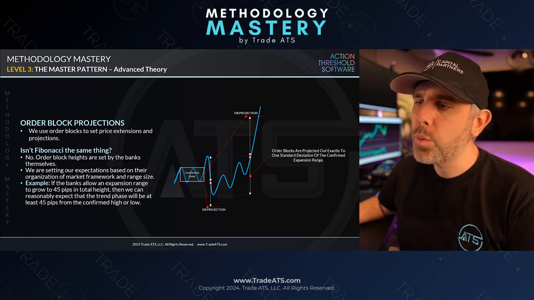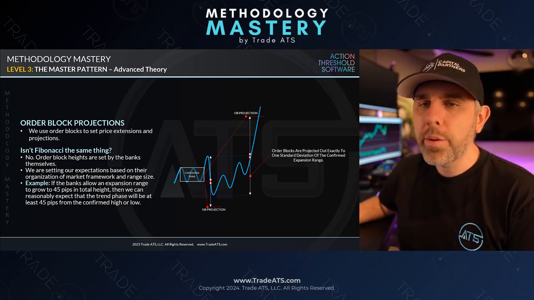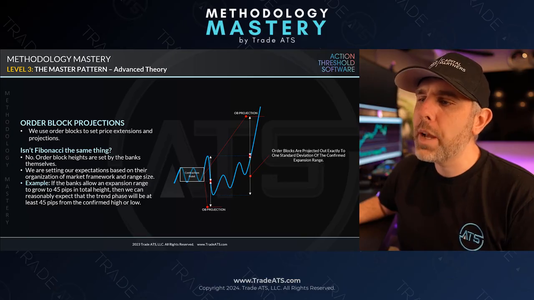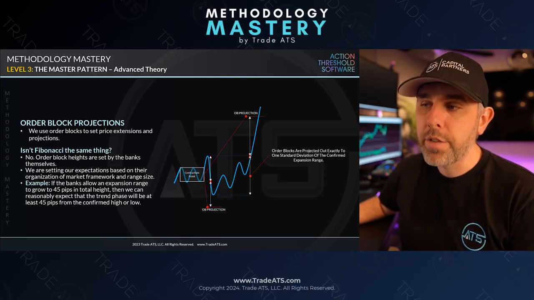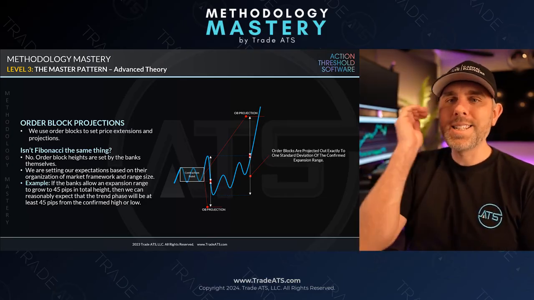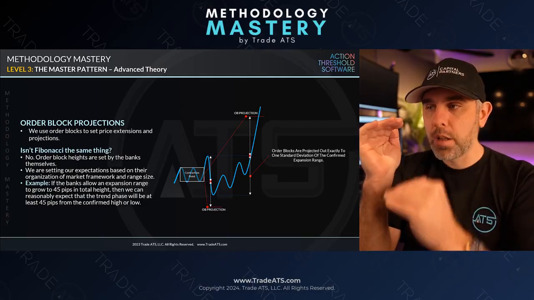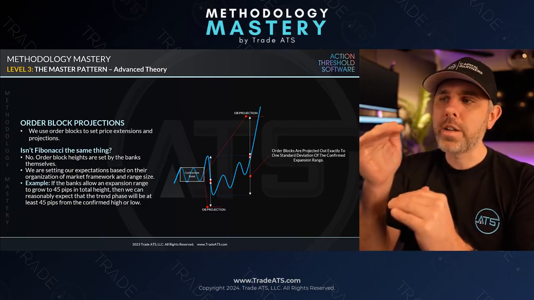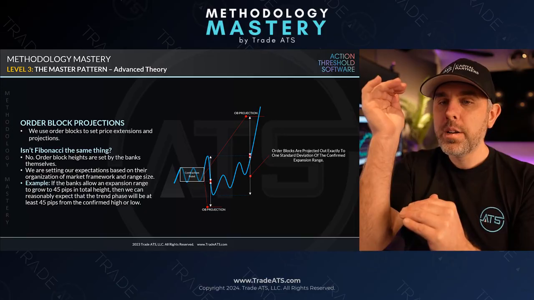As we come through that swing high point, to calculate an order block projection, you would measure from the swing high liquidity point to the lowest confirmed point of the current multi-leg expansion. You would take that exact size from, in this case, low to high, and project 100% up of that